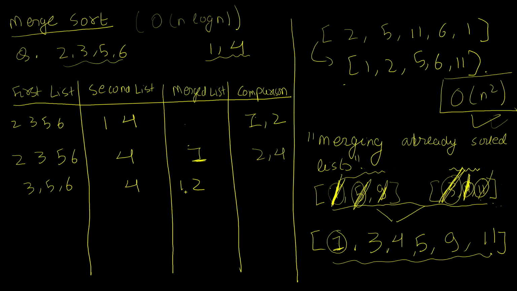And now you want to see what you want to compare for the next step. So I want to compare the 3 with a 4. 3 and 4. So let me quickly complete the rest because this should be clear enough. And let me stop here. From here, there's no comparison to do. There's no element in the second list. So we'll just take one